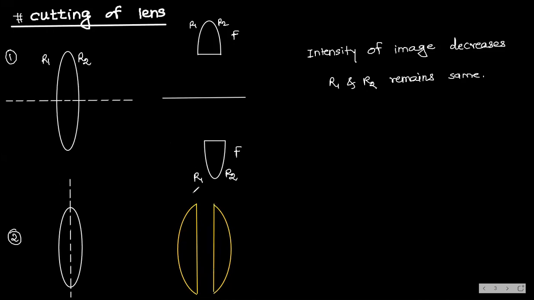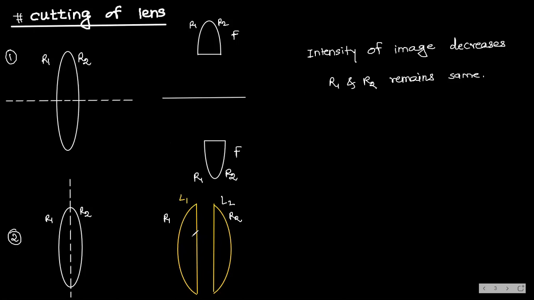Now we are having how many lenses? Two lenses. This is L1, this is L2. So what happens here? Now see, as you know, this is R1. This is R2. Here this is R1. This is R2 only. But for this lens, see what I'm doing. This R2 is R2 only, right?